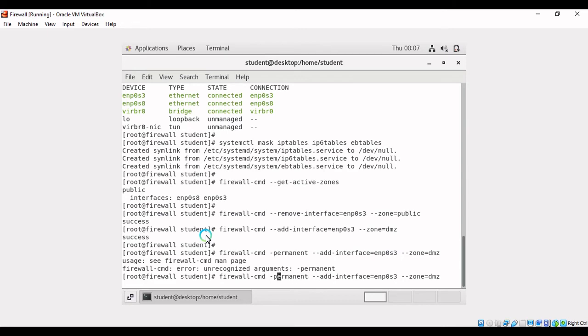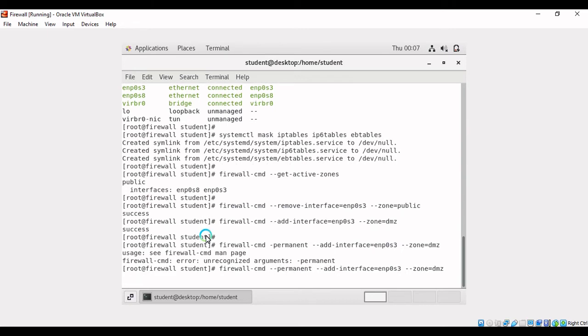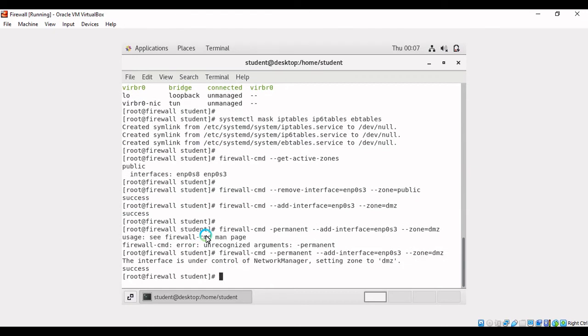Another dash like this, yes. Okay, good. So we need to reload our firewall. So firewall-cmd --reload,